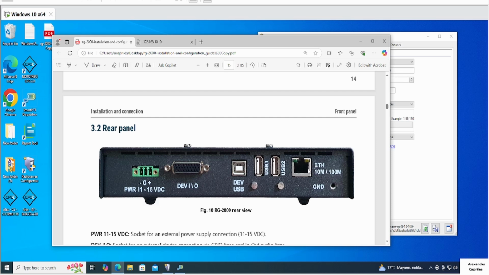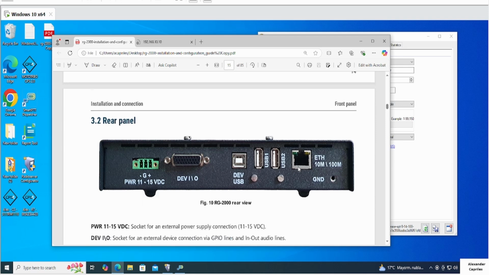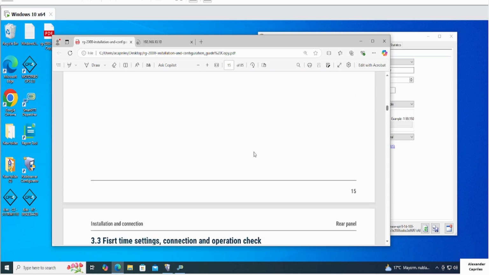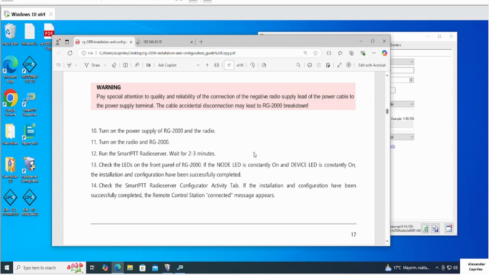You can connect a direct cable from the RG-2000 to your computer to get the first configuration, and also you are going to be able to connect the RG-2000 to the switch or router in your lab or company. Remember that for this model we don't have any software to do the configurations like the RG-1000. For this unit, all the configuration is going to be through the browser. So let us go